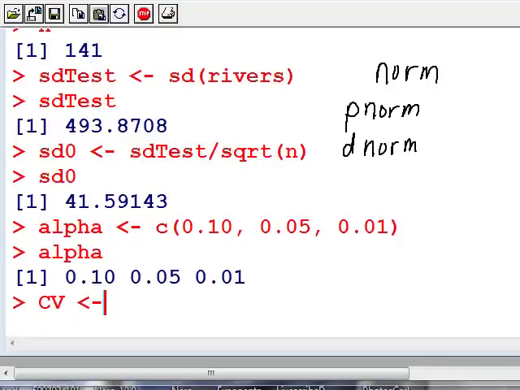If I put a Q in front of it, then I will get a value along the horizontal axis that corresponds to an area to the right of it, unless I specify lower tail equals false. Okay, so what I'm going to do here, I'll erase that,